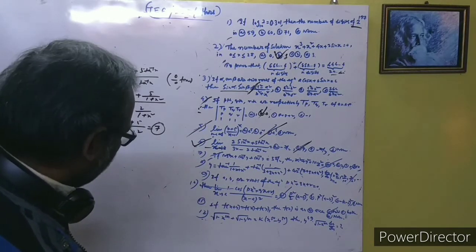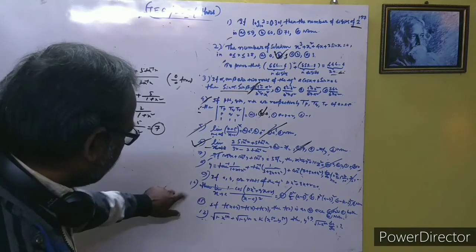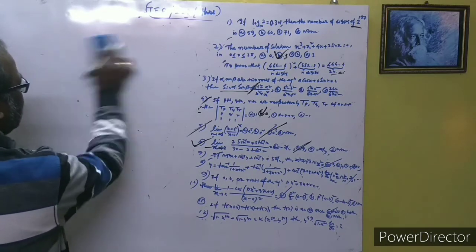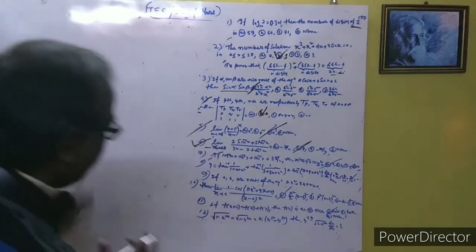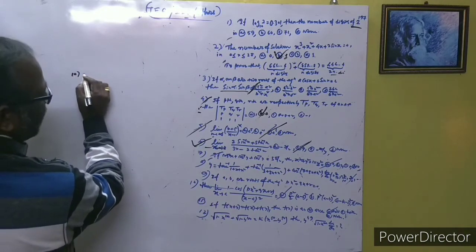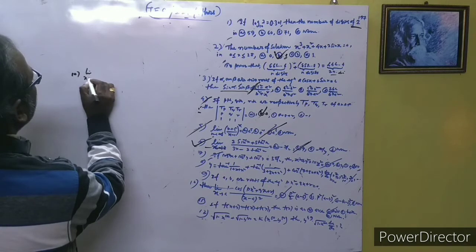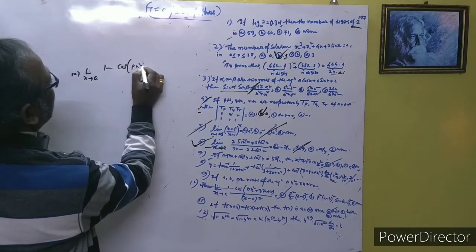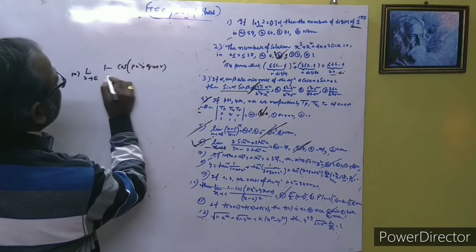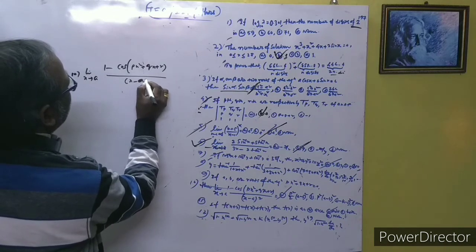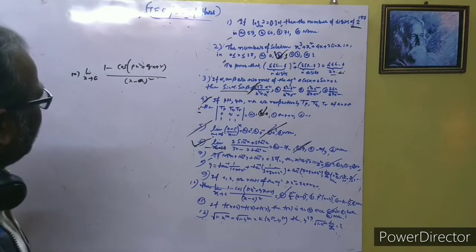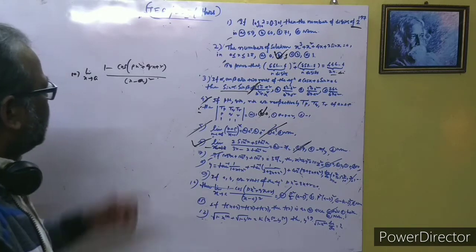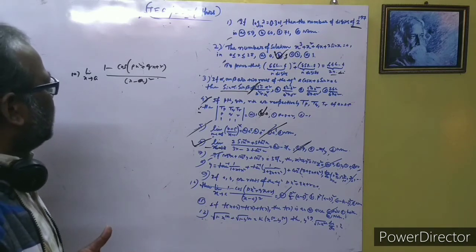Now, again, here is another question. Now follow question number 10 first, and after that we follow 7, 8, 9. As this is a limit, I can solve it with a different type of procedure. Now question number 10. Here it is given the limit as x tends to a of 1 minus cos of (p x square plus q x plus r) by (x minus a) whole square. This is another limit problem, but we don't always use the indeterminate form here. It is technically easy in the general formation.